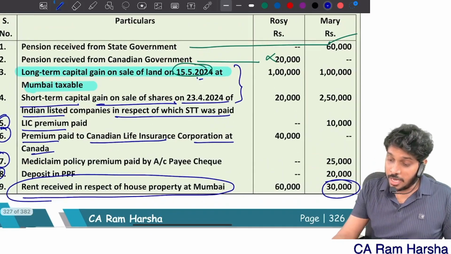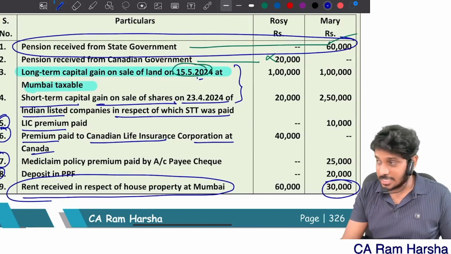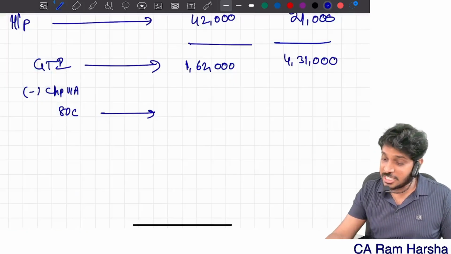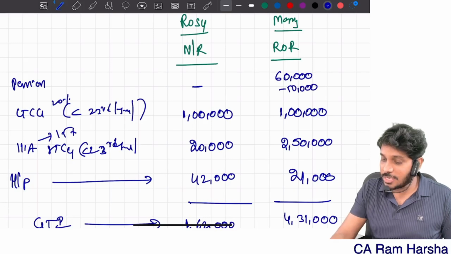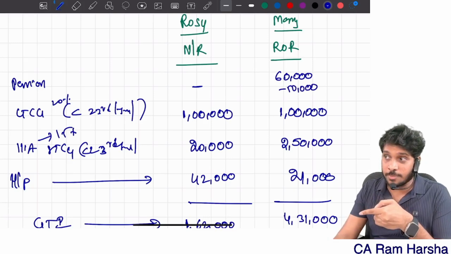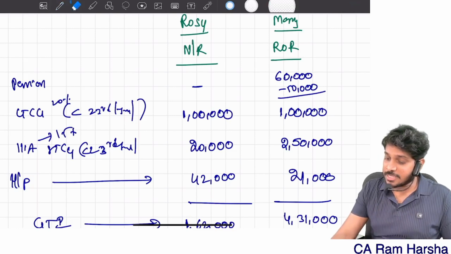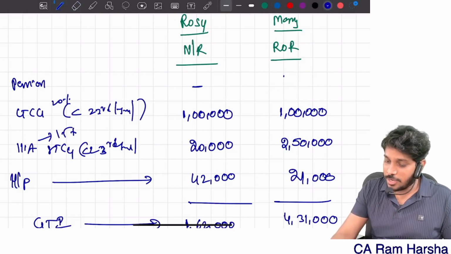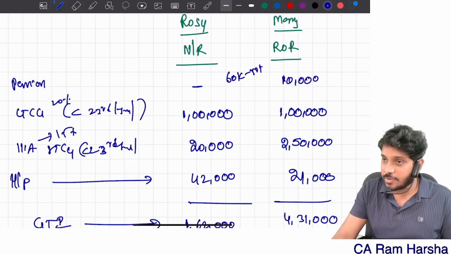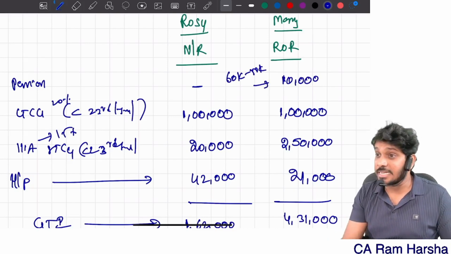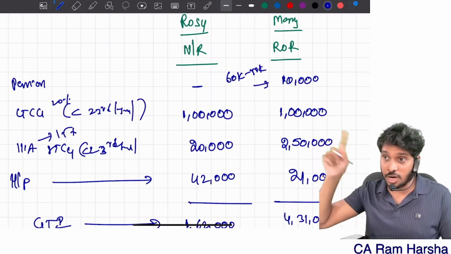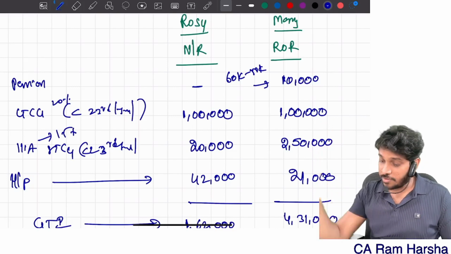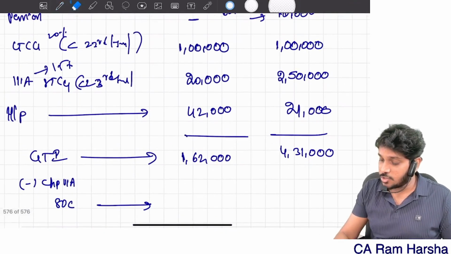One minute. Hey, pension received, right? Yes, yes, yes. Very important observation. Pension received is taxable under salary. Flat 50,000 deduction. By the way, she is choosing the optional tax regime. Flat 50,000 deduction, which means only 10,000 is taxable. Very good observation. 60K minus 50K is equal to how much? 10K. Remember, when you are computing income from salary, they gave pension received, not computed income. Yes or no? So 50,000 flat standard deduction. So here it is